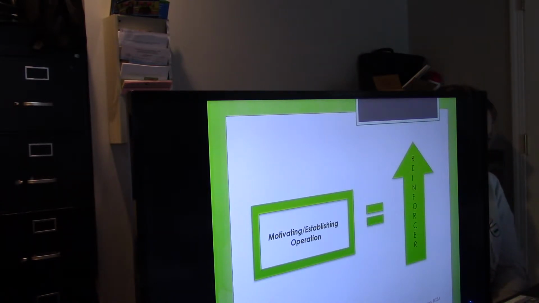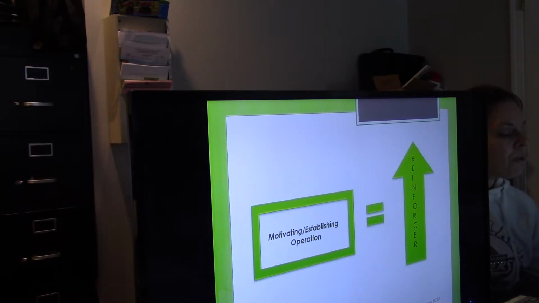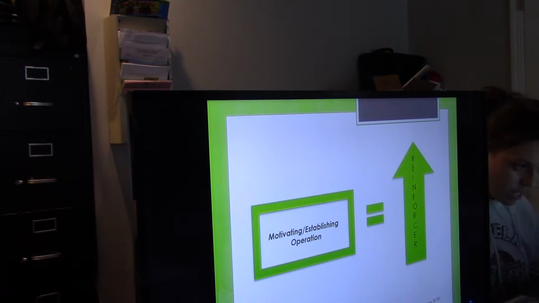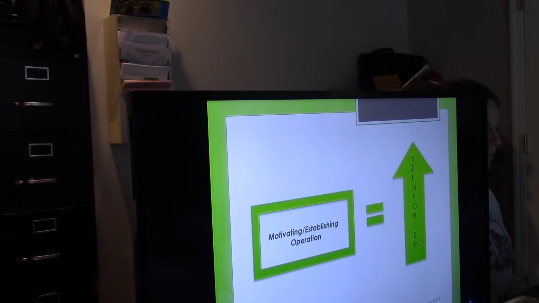Motivating operations, or your MOs, and establishing operations, your EOs, they increase the value of your reinforcer. Okay, so,